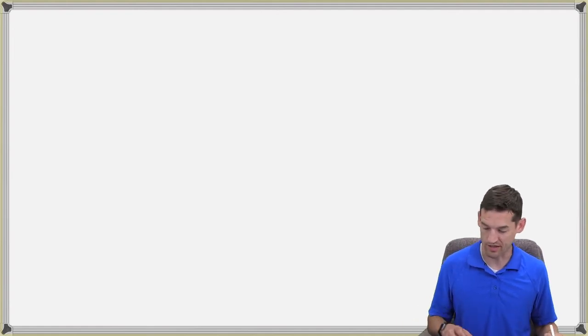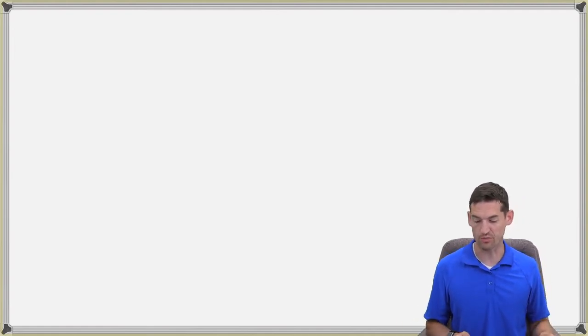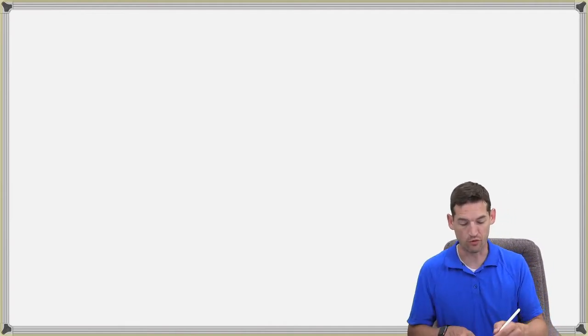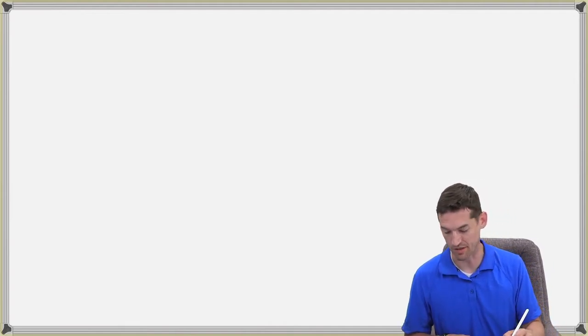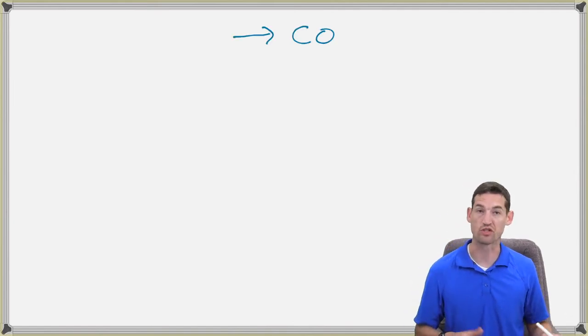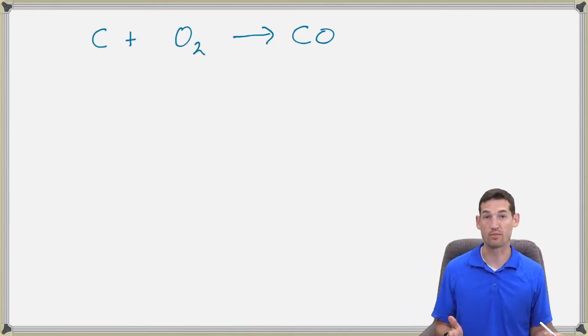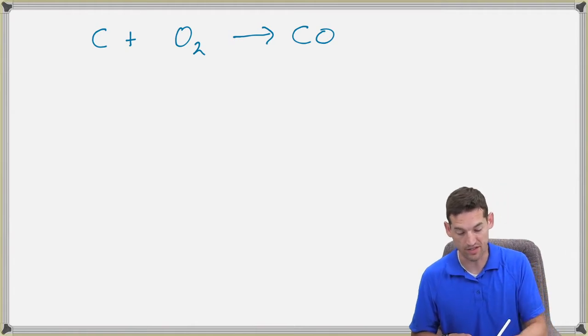So let's try example number 1 here. What's the molar enthalpy for the formation of carbon monoxide? Remember that formation means making it from its elements. So I'm making carbon monoxide, which is just CO. And the elements are carbon and oxygen, but oxygen is diatomic. So to balance this, I have to do